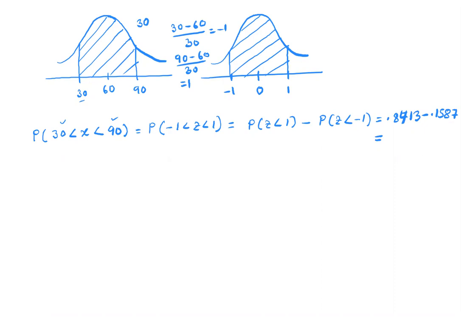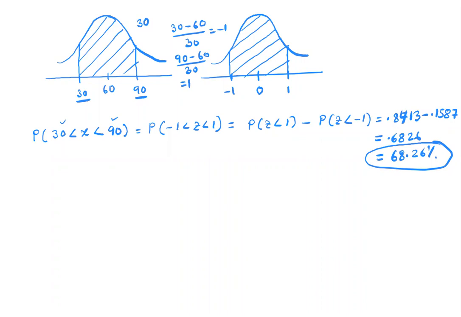0.8413 minus 0.1587, which is 0.6826, which is the same as 68.26%. So the probability that a randomly selected person spends between 30 and 90 minutes is like going between 1 standard deviation in